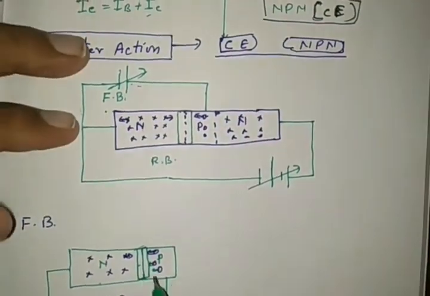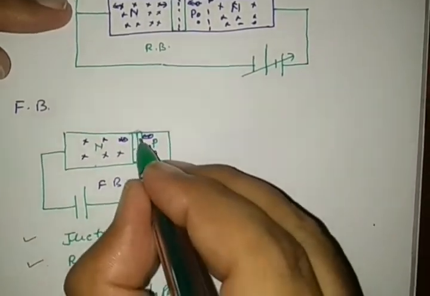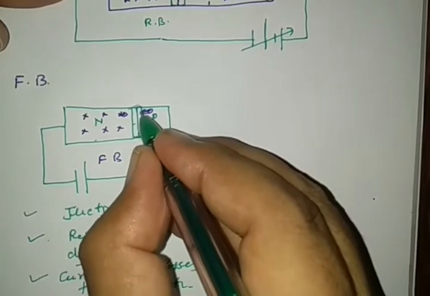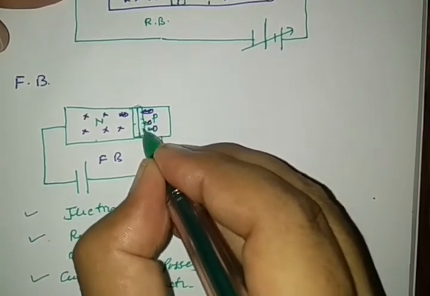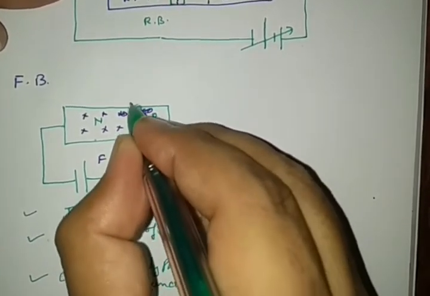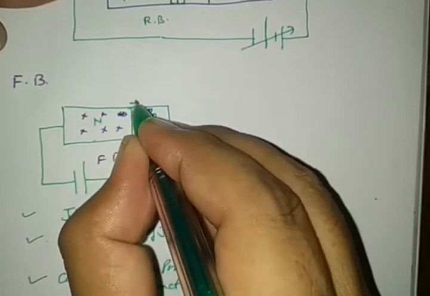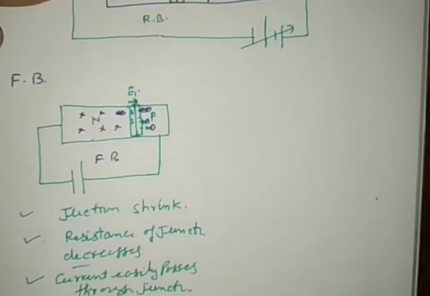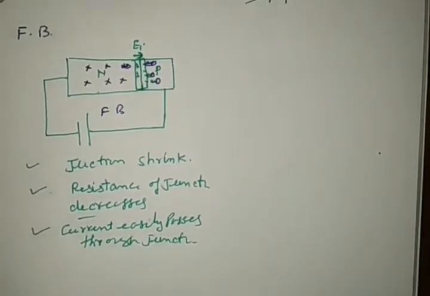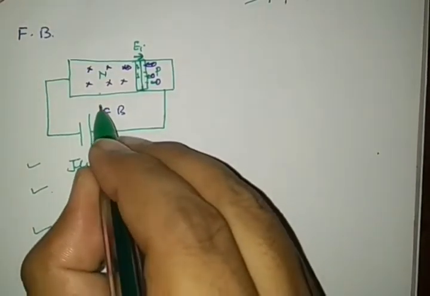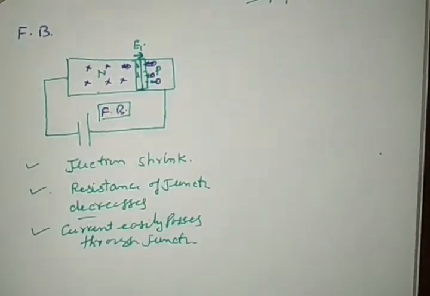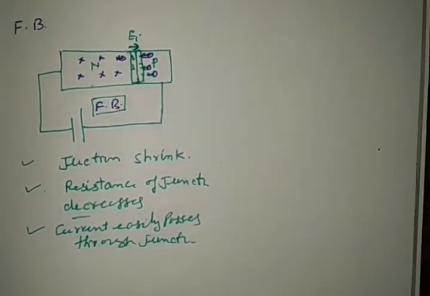Here in this junction, an electric field is set up. Whatever the charges here, negative charges jump inside and this side positive. So an internal electric field is developed in this direction at the junction. See carefully. This phenomenon takes place in the input circuit, which is connected with the forward bias, right?